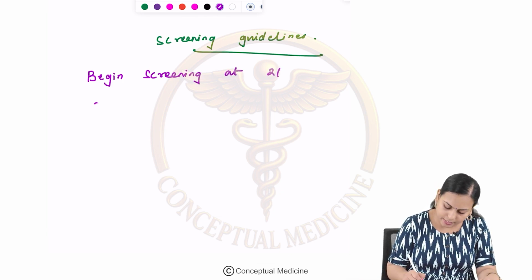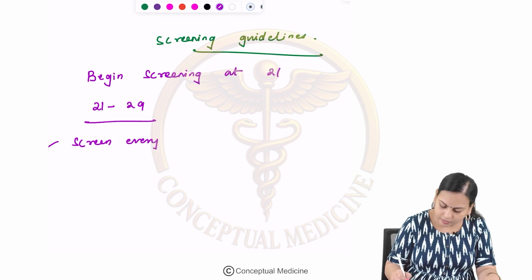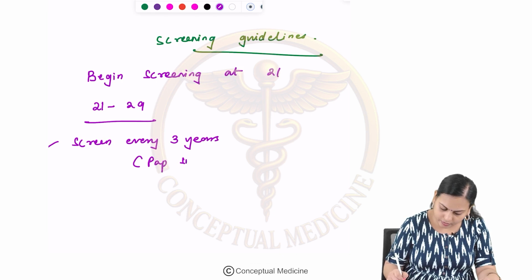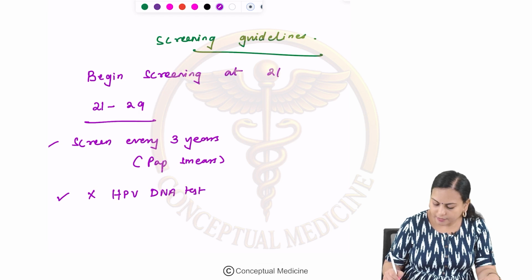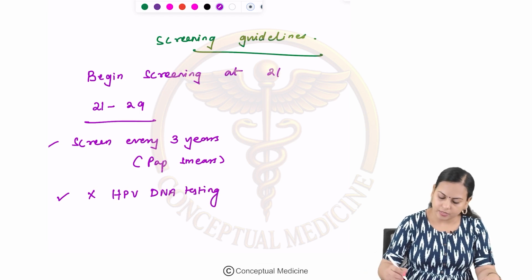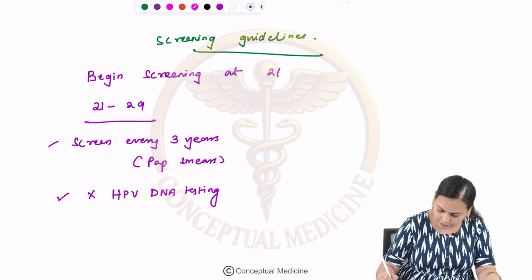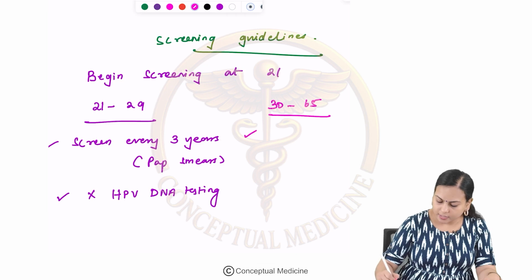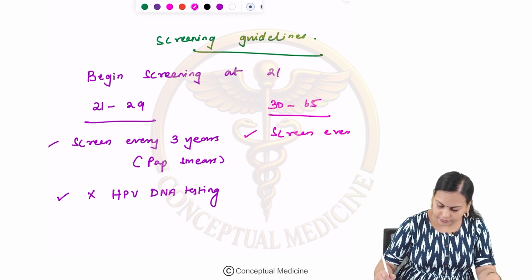And from age 21 to 29, you should screen every 3 years with pap smear, and there is no need to use HPV DNA testing. Clear? And if you are between 30 to 65 years, then screening should be done every 5 years,